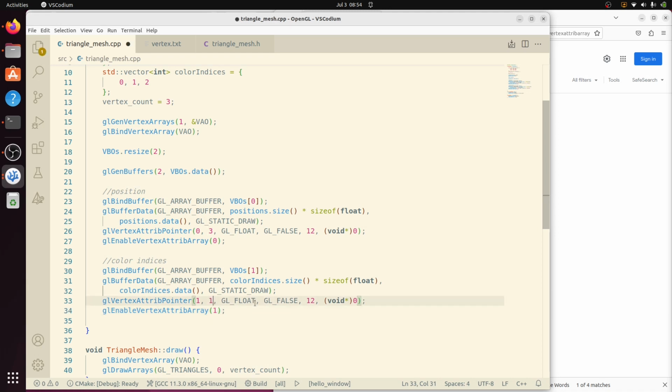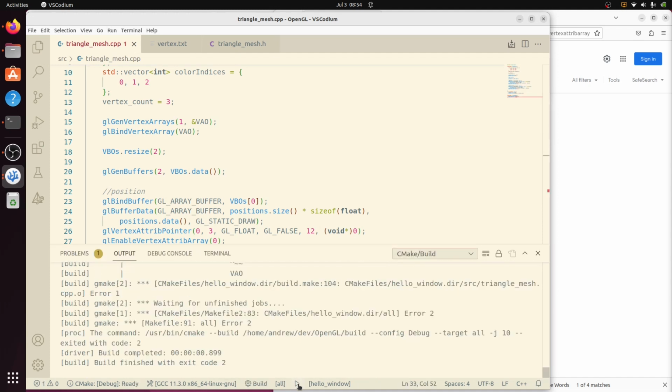Attribute 1 will have 1 thing per vertex, and it will be an integer data type with a stride of 4 because 1 int is 4 bytes, with no offset. Now if we run this right now, fingers crossed it shouldn't cause any major errors, except that